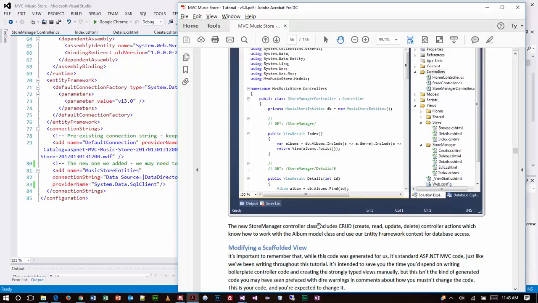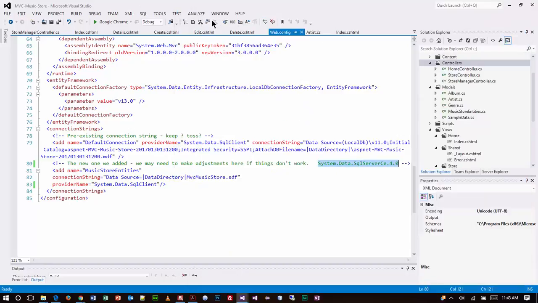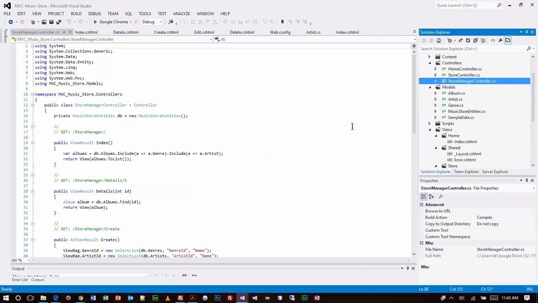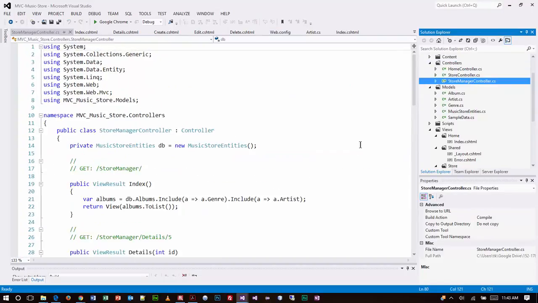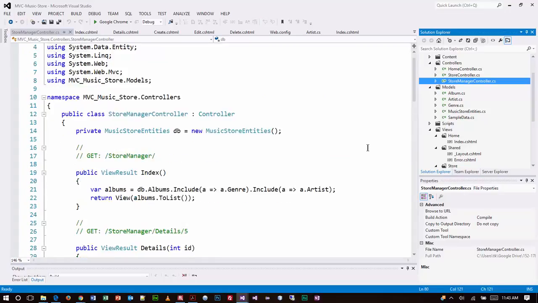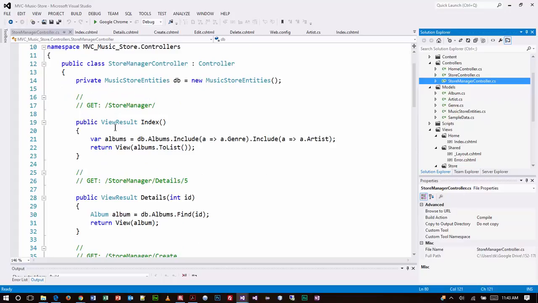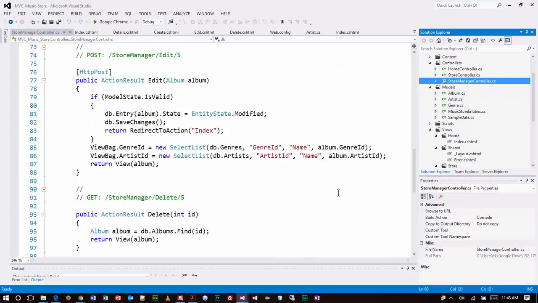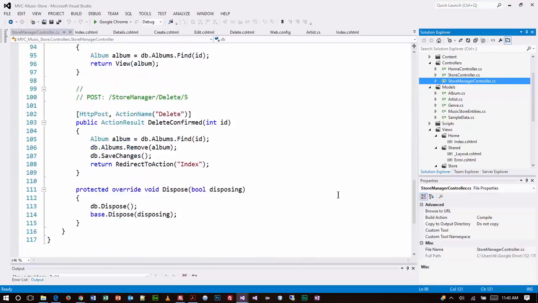Let's go back to our instruction set here. Now the point that I'd like to make is to show you all the things that the scaffolding created. So the first thing to look at is, let's actually look at the store manager controller. Now some of the other controllers that we create, the only thing that it throws in will be the index view by default, right? Notice here that the scaffolding went in and it created a whole bunch of stuff in here. Holy cow,